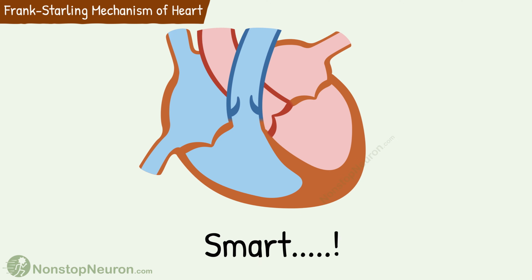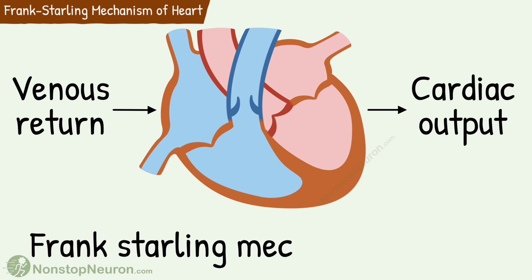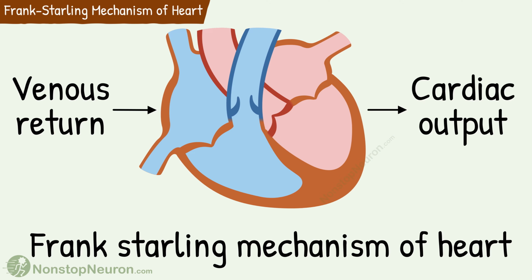The heart is a smart organ. It does not blindly pump a fixed amount of blood every time. If it receives less blood, it pumps out less blood. And if it receives more blood, it pumps more blood. This ability of the heart to adjust its output based on venous return is called the Frank-Starling mechanism or Frank-Starling law